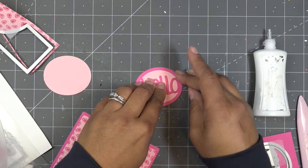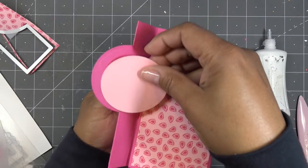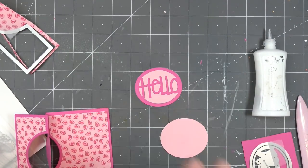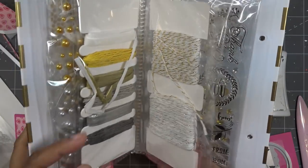Super cute. And then I cut another extra piece to go on the inside, and I'm going to stamp something on there. So let me see. I figured I might have something in here I can stamp. Okay. There goes something. Oh, there goes some more stuff. Okay, so from this diamond press set, I think...